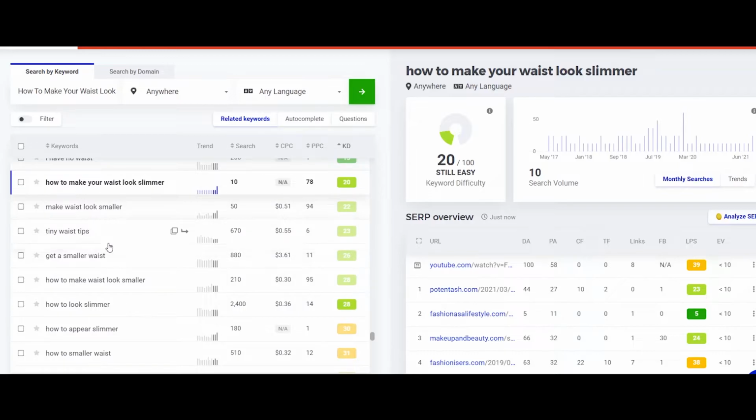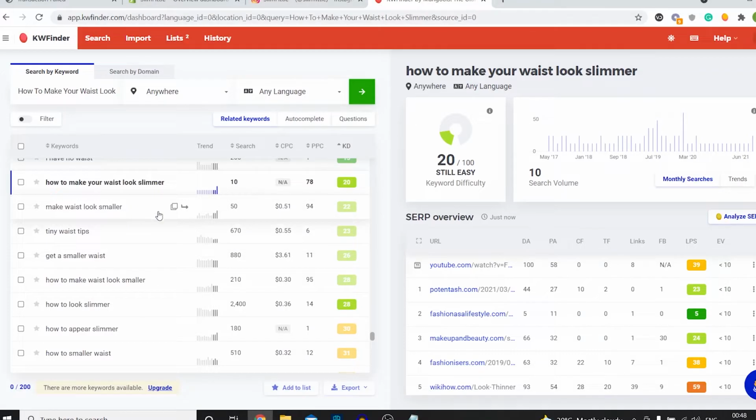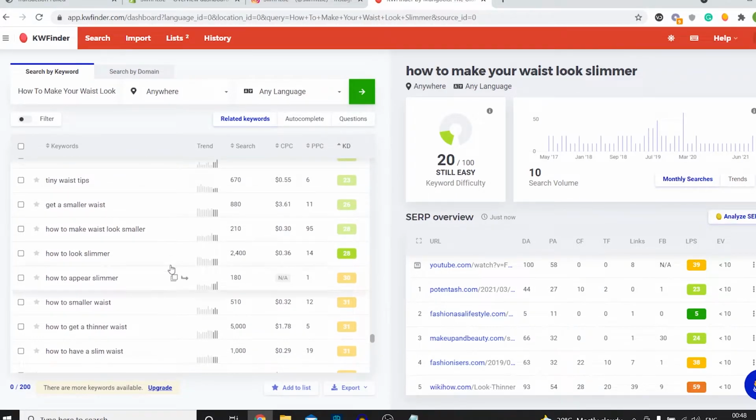Here is one of the keywords that looks good to me. It has only 23 keyword difficulty, and 670 people search for this keyword every single month. And likewise you can also see some other relevant keywords to your question. So make sure that you have relevant questions that your product can solve and can answer.